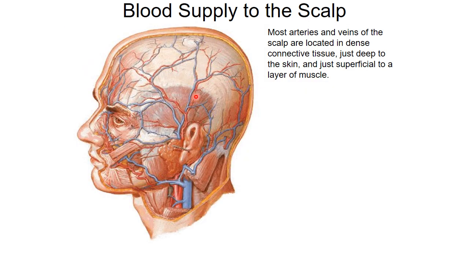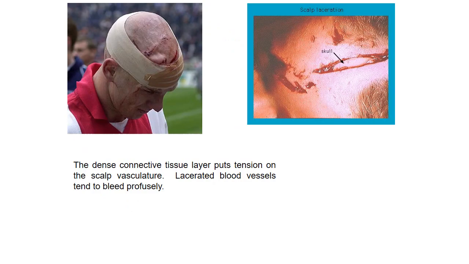Okay, so here they are right here. The skin has been removed from this side, and directly deep to that, we're looking at that dense connective tissue layer. Directly deep to that, we're going to see there's some muscle. And here's where we see all the arteries and veins of the scalp. And like I said, there's a lot of dense connective tissue in here that tends to put traction on these blood vessels. Which leads us to this clinical correlation right here,